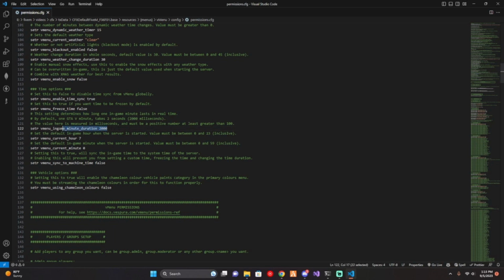So you can change this. It needs to be greater than 100 in milliseconds. So I could do 20,000 milliseconds, which I want to say is 20 seconds, etc. But every 2 seconds is 1 minute in Grand Theft Auto 5. And then by default, what hour you want it, it would be 7 a.m. on the dot. And then if you want it to sync with your time machine,